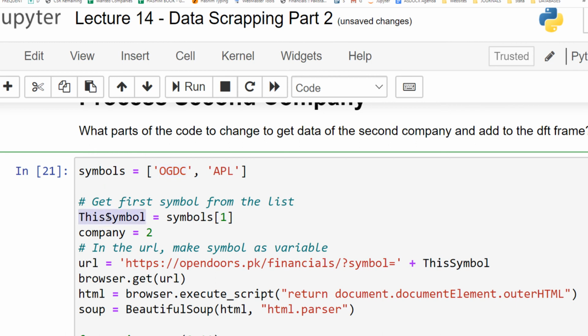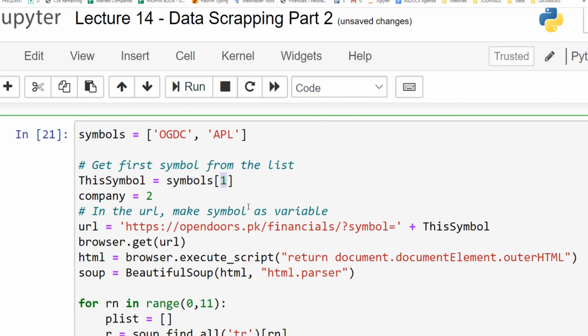So this symbol now is equal to 1, and I'm creating a variable and calling this company number 2. We'll use this variable once we append this company data frame to the previous company's data frame.